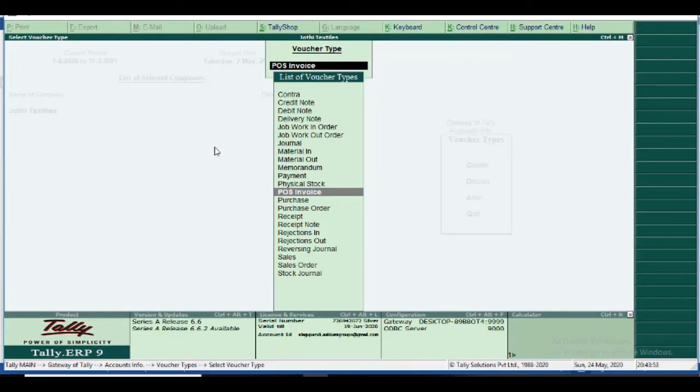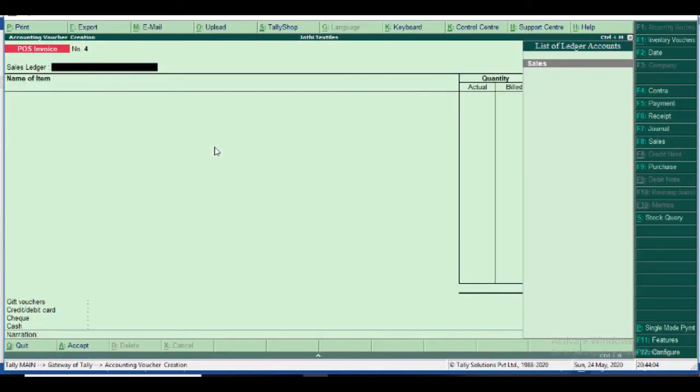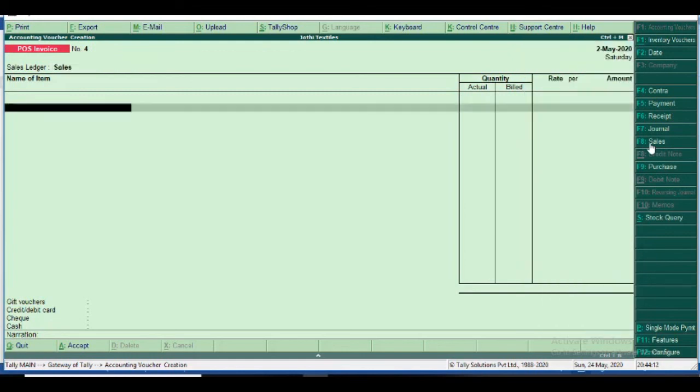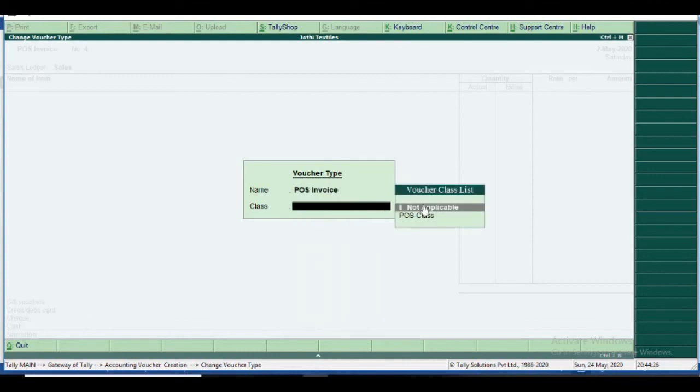Now, to make it easy to understand, we can see it in the voucher creation screen, the POS voucher creation screen. Only F8, you press only F8. First, Tally asks whether it is a POS invoice or a normal sales invoice. You select POS invoice, so plain gift voucher is not applicable. That type of POS invoice is not applicable.